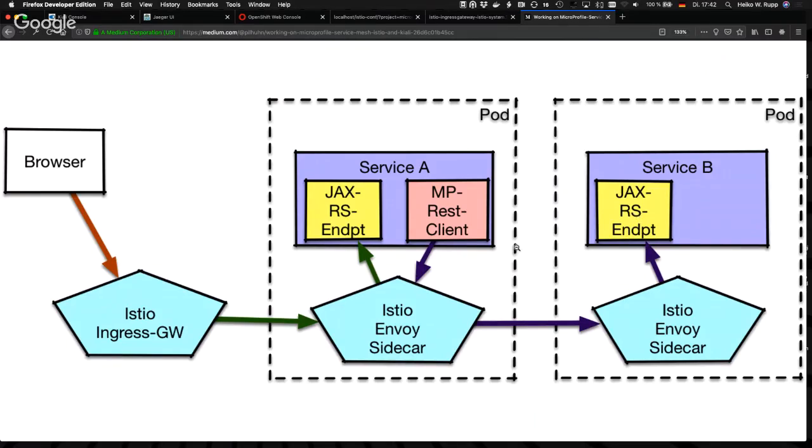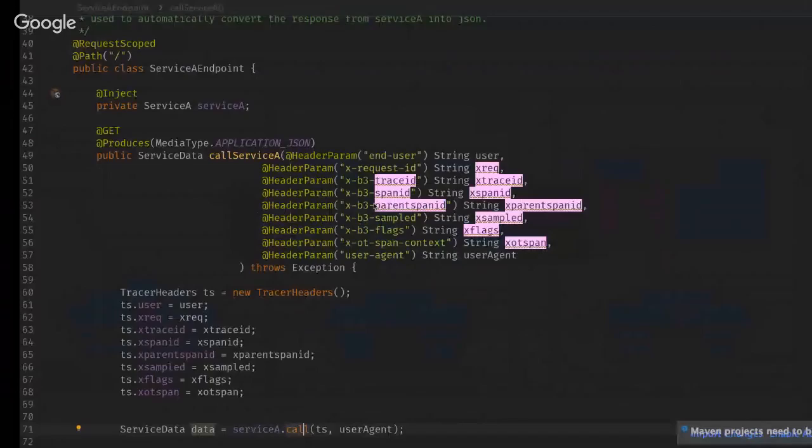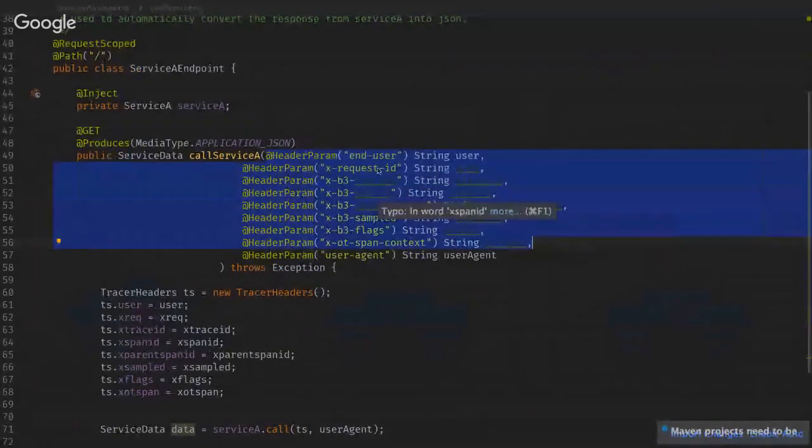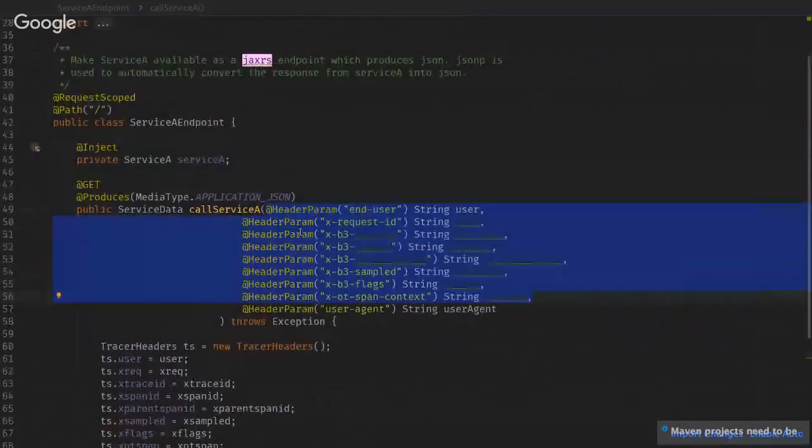And the user agent header that's coming in from the browser is now not forwarded within service A. And this is also the situation, or has been the situation, with the tracing headers. So what you need to do is take these headers, the tracing headers, end user, and all these X-B3 headers, take them from the incoming request, store them somewhere, and then forward them.